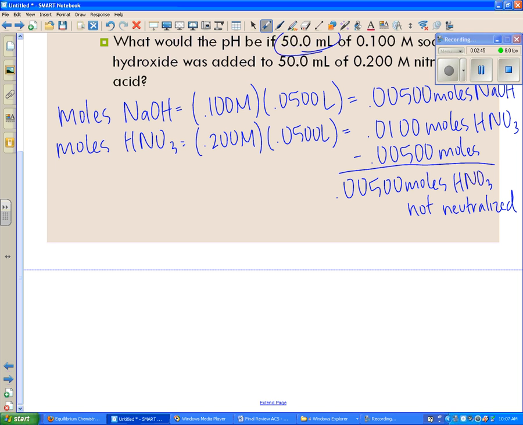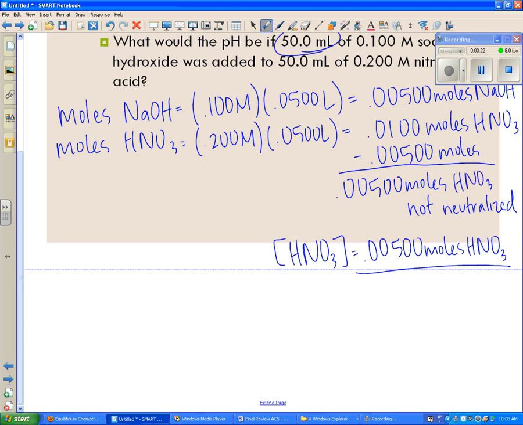Now that acid that's not neutralized is going to be what affects the pH of the solution. If we want to find pH, we need to know the negative log of the hydronium ion concentration. If we want to find the hydronium ion concentration, we know that it should be equal, because this is a strong acid, to the concentration of the acid. So I'm going to figure out the concentration of the acid. Concentration of HNO3 will be 0.00500 moles of HNO3